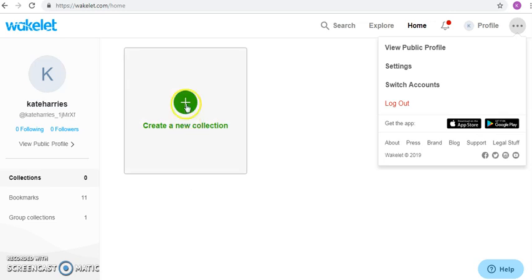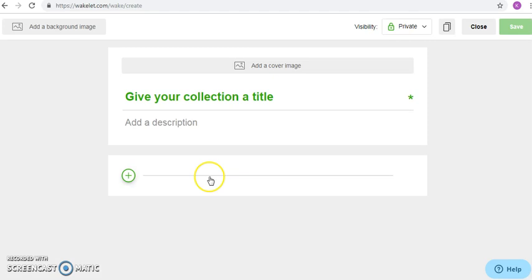So I'm going to start building this Wakelet, and ideally I would like them to collaborate. So click on Create a New Collection, and the first thing it asks you to do is to give your collection a title. So: supporting learners, literacy, self-development,